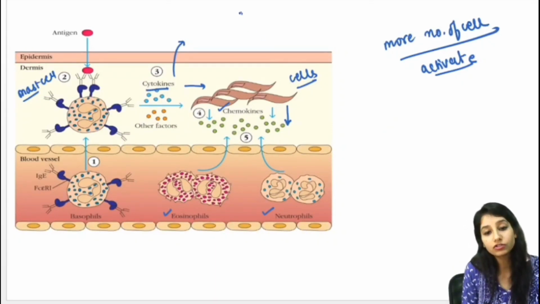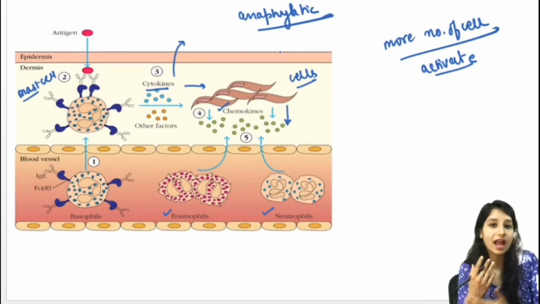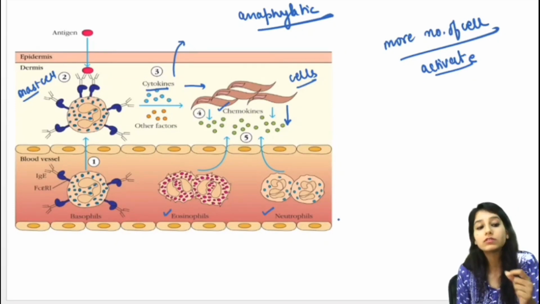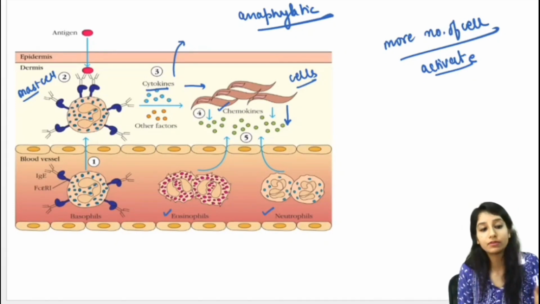So allergy is also known as anaphylactic reaction, in which our body develops rashes. We get a lot of redness in our skin and we have difficulty in breathing, for example in asthma conditions. So this is what type 1 hypersensitivity looks like.